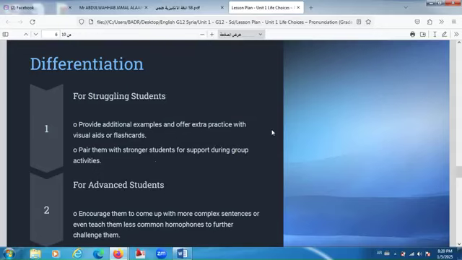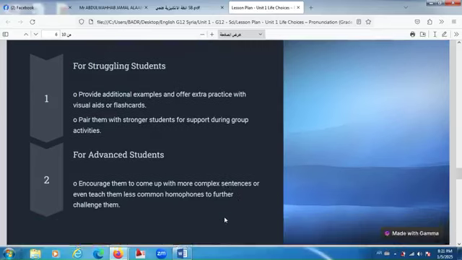So put student A with student B with student C. Try all the time to differentiate the level in the group in order to help the weak and give responsibility to the strong. And for advanced students, encourage them to come up with more complex sentences and let them create, okay? And even teach them less common homophones